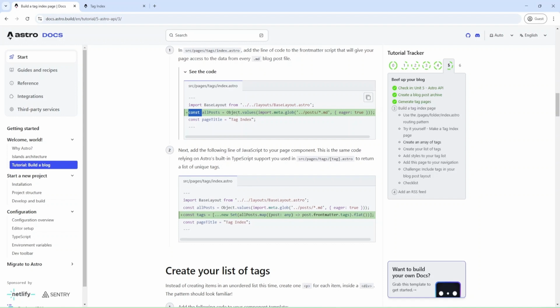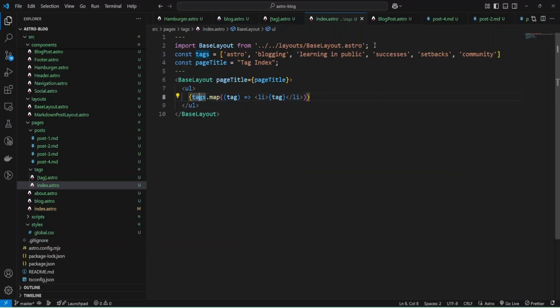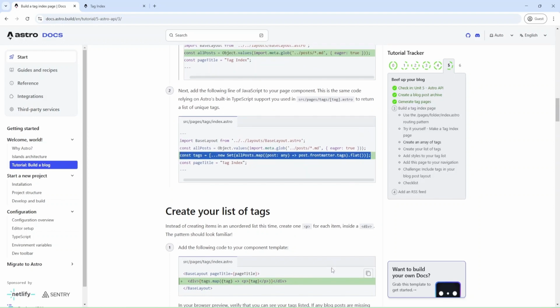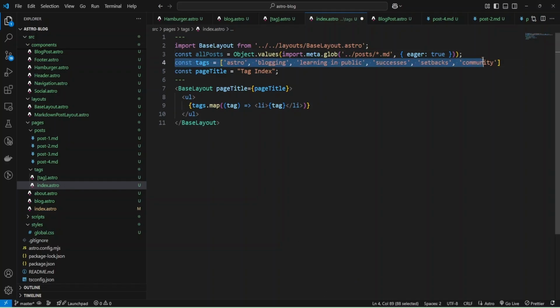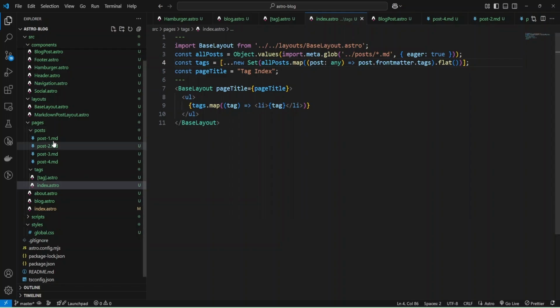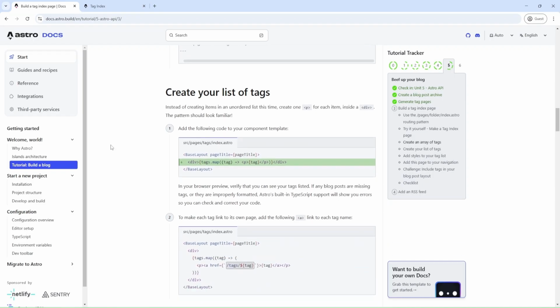Now we can retrieve these tags from our posts as we did previously. Okay, and let me do it. All posts, and for tags I'll use this code. Okay, and let's check. And as you can see, we have the same tags, but now we retrieved them from the code and from our post files. Okay, and let's check next.